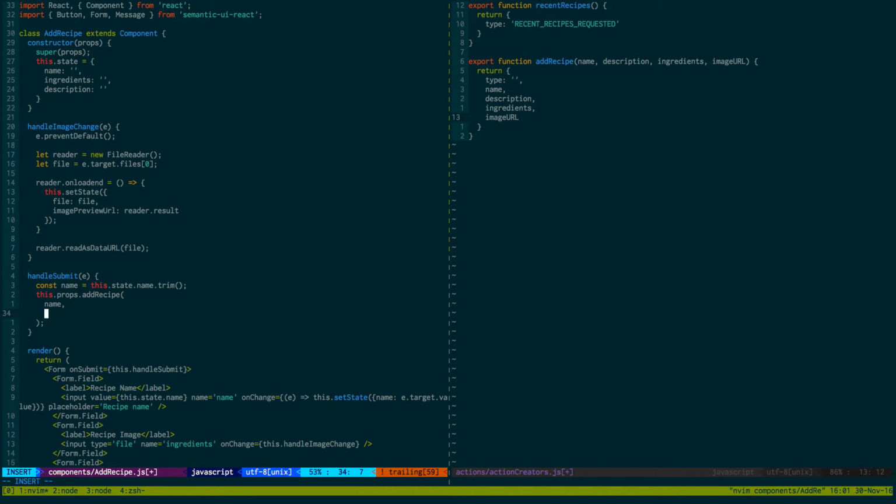And now we'll pass them in here, name, get the state of the image. Oh, before I do that, fill in the type, of course. Add recipe requested. And what we'll do next is make a saga to actually pass this to the API. So we'll pass in the name, description, ingredients, and image URL to the API to make an API call